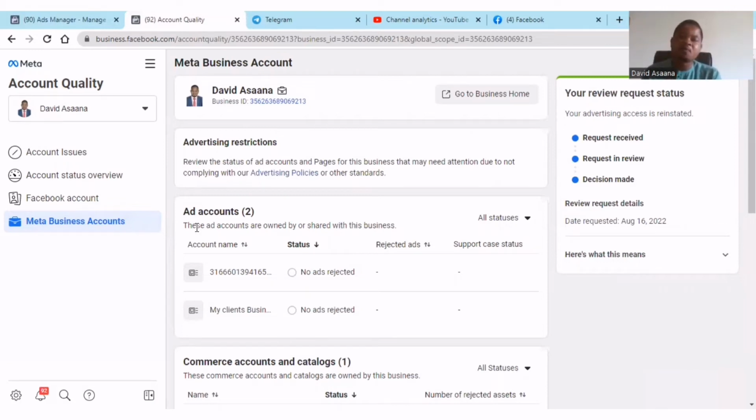There's also another way for you to confirm your identity if you are to run political advert. But that one, even if you confirm your identity for political advert and the identity confirmation was not done in account quality, you cannot still request a review. That is a problem that you may have. Yeah, so